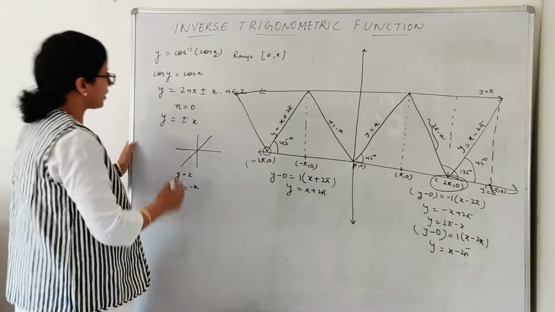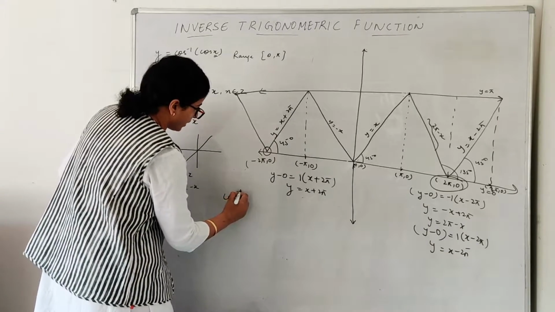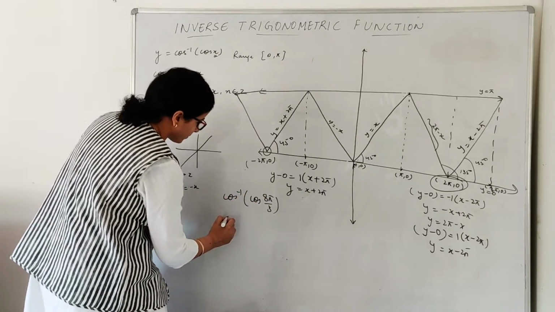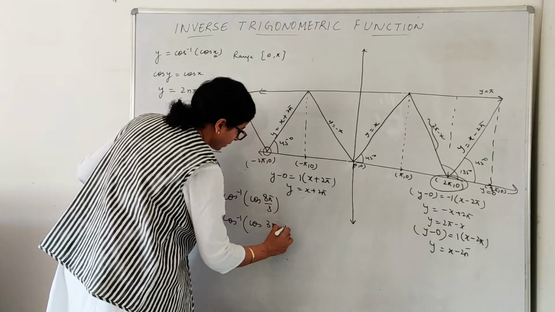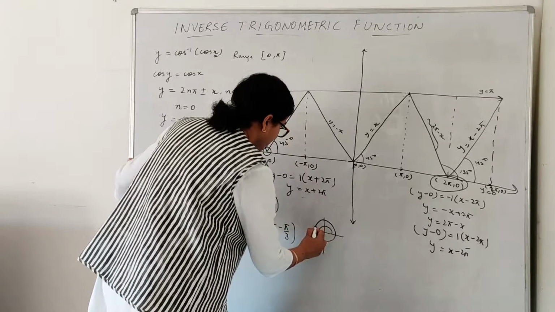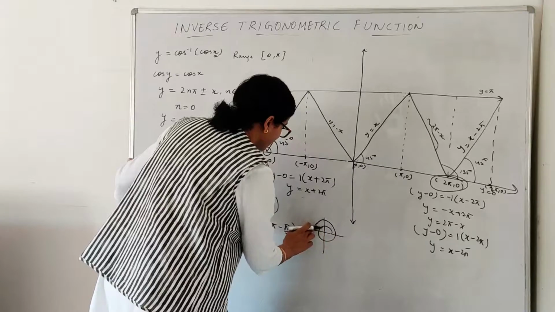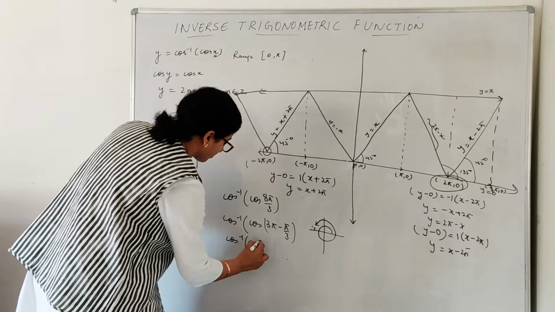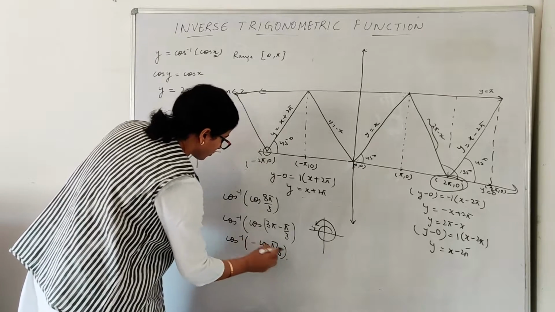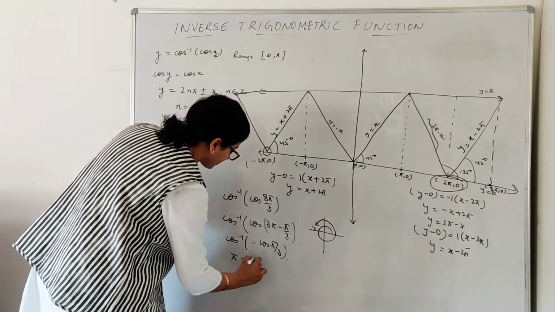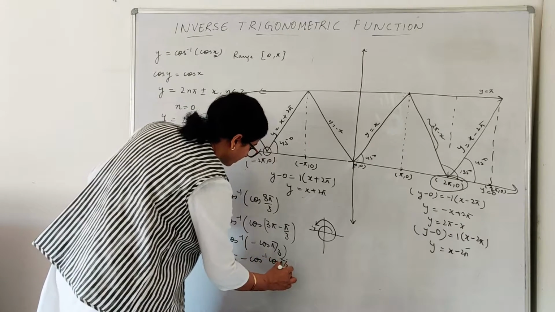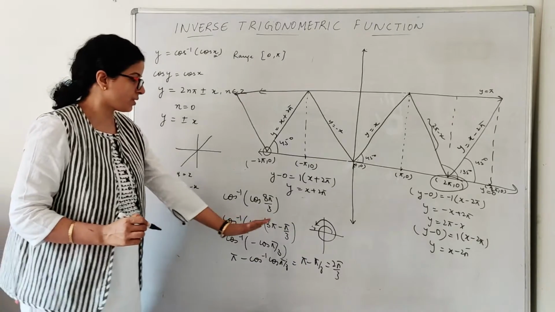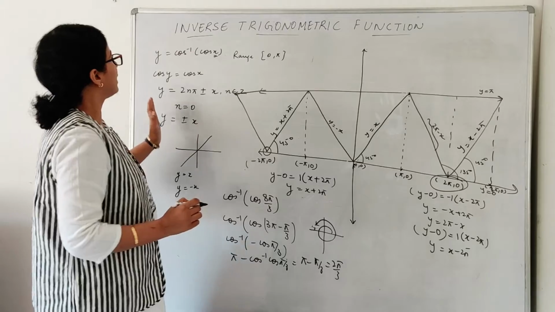Is that clear? So for example, if I have a question, cos inverse cos 8 pi by 3, how can you split? Cos of 3 pi minus pi by 3. 2 pi, till here will be 3 pi, but they said 3 pi minus something. So it means second quadrant, minus will come. So cos inverse of minus cos pi by 3. So what can you write? Pi minus cos inverse cos pi by 3, which is equal to pi minus pi by 3, means 2 pi by 3. So this is the value for this function. Now we'll move to the next graph.